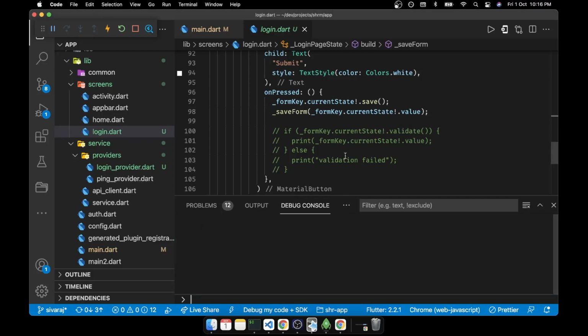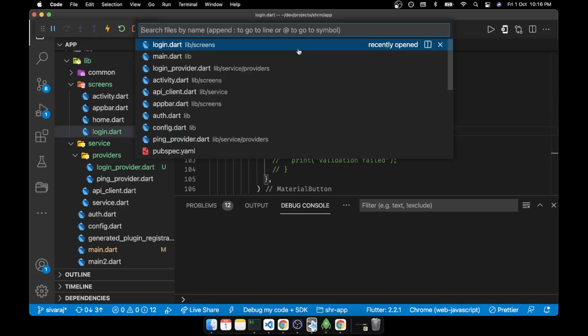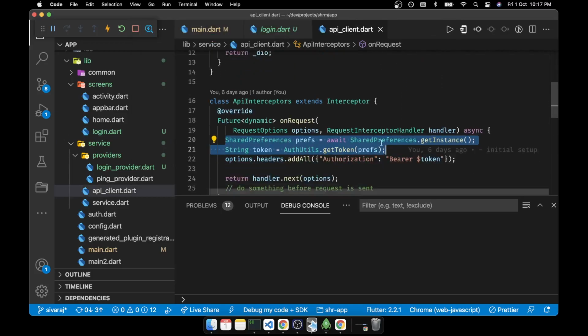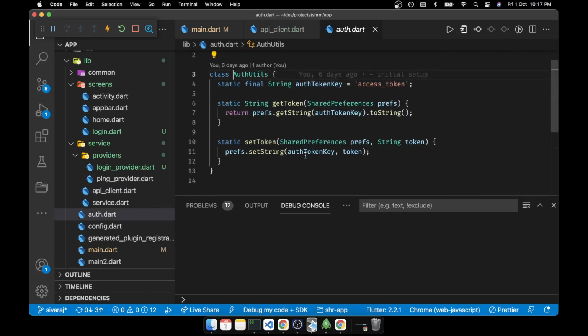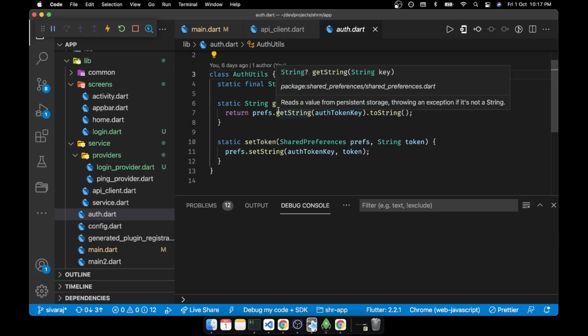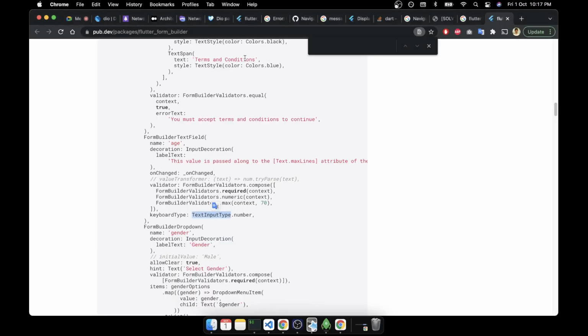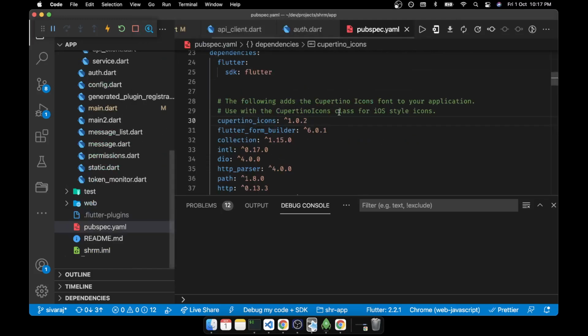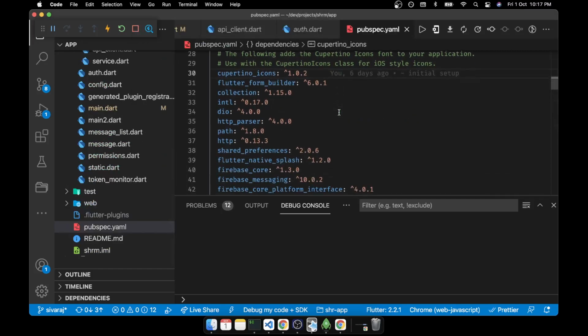Okay, so now the only thing we have to do is decode that auth token. So get the token from shared preferences, and then from that, how do we extract the data? Once we have the token, I hope we might use some library already. In pubspec, JWT decoder.